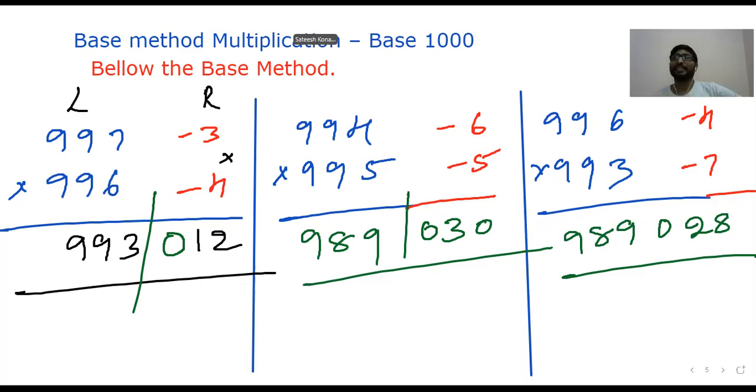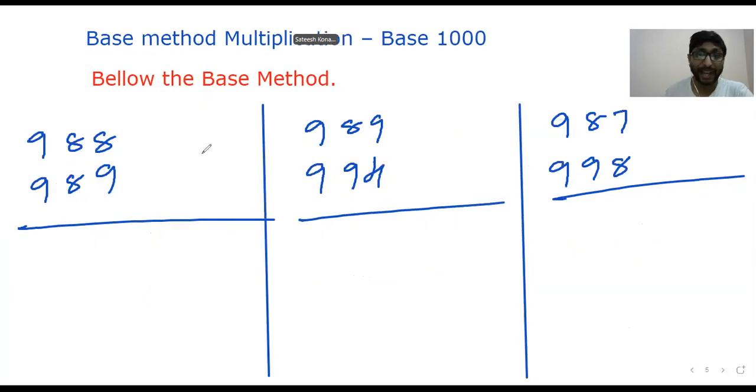No calculation required. If somebody asks you blindly, before you understand this logic, 996 into 993, will you be able to answer? I don't think so. Am I right? Yeah. Thank you. I hope you are happy with learning logics like this. 1000 minus 12.